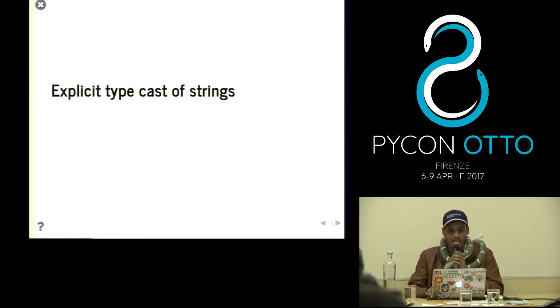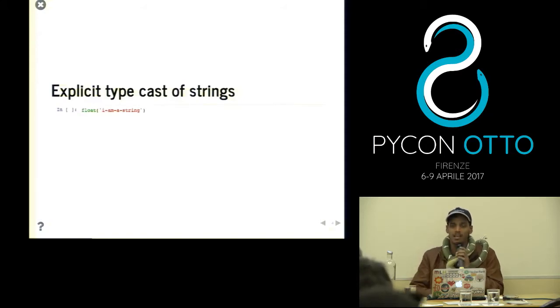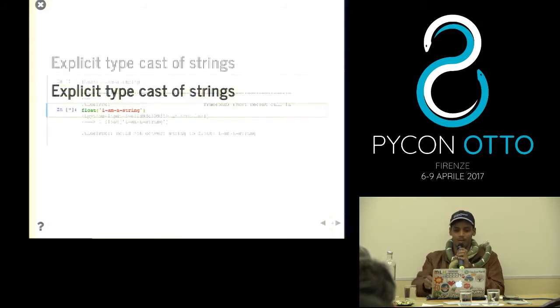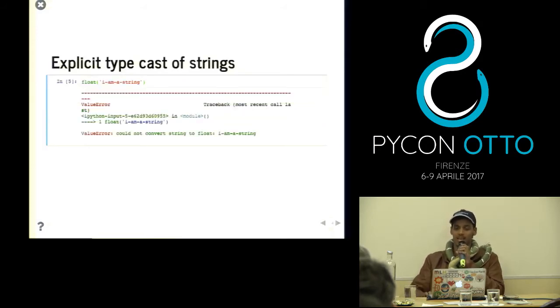The third thing is explicit typecasting of strings. In Python, you can typecast any object to any other one if there's compatibility. Let's say you have a float and you need an integer, you'll just typecast to an integer. Let's say I have a string and I want to convert it to float. That's rubbish, so what would you get?